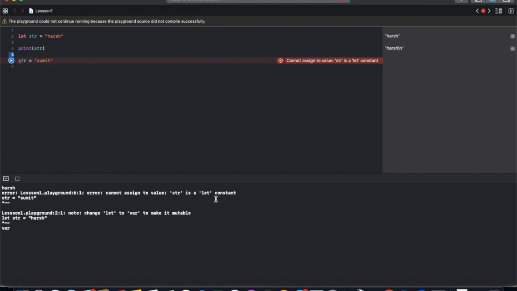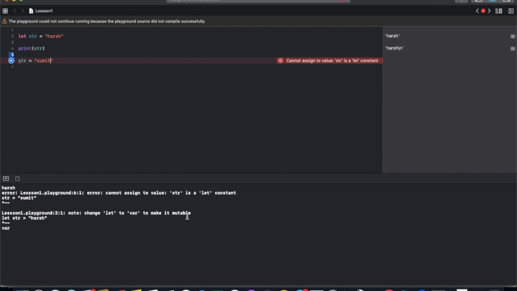That means we can't change the value because it's a constant. And secondly, it tells us to change let to var to make it mutable. If you want to mutate it, if you want to change the value, then you need to make it a var.